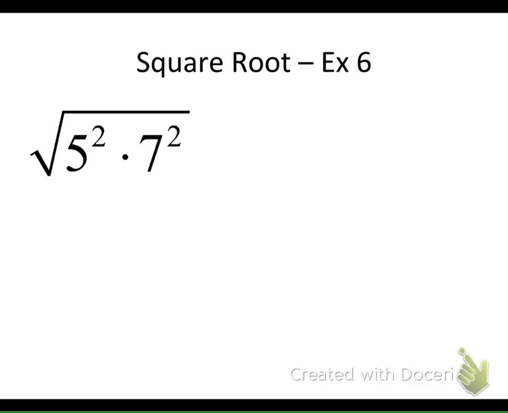So the square root of 5 squared times 7 squared. What happens with squared and square root? What do they do with one another? They cancel each other out. So if this square cancels with that square root sign, this square cancels with this square root sign, how do I rewrite it? Do I have a square root sign left anymore? No, but what do I have left still? 5 times 7. Now, you would never leave a math problem half finished. What's 5 times 7? And there's your final answer. You will have some like this on your